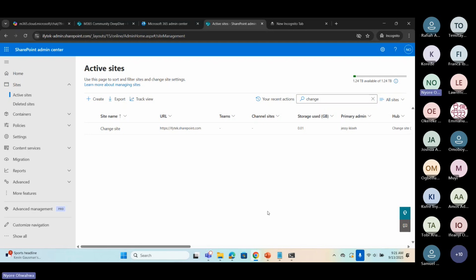Okay, so you can limit the storage of a site and then an admin can determine it. But I wouldn't want to say so much on storage because the next session after this one is going to be on storage, which I'm taking as well. So if you don't mind, if you can wait until the next session, because storage is also a big topic in SharePoint that we'll look into.